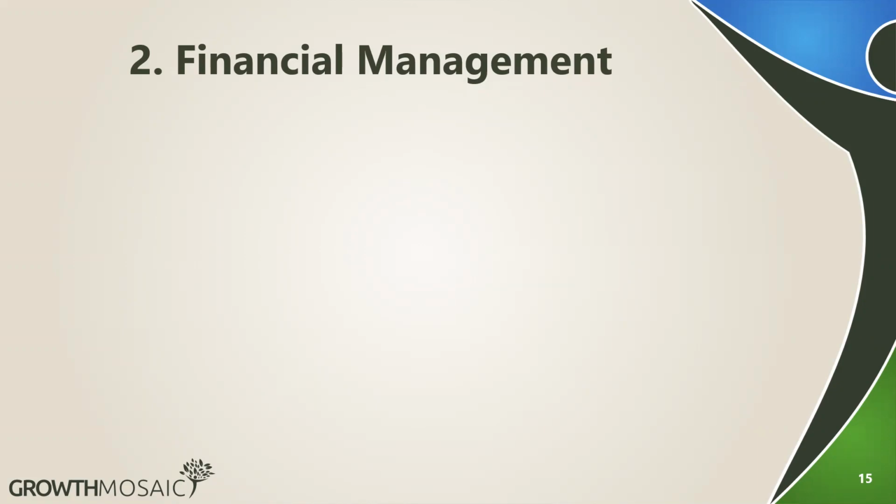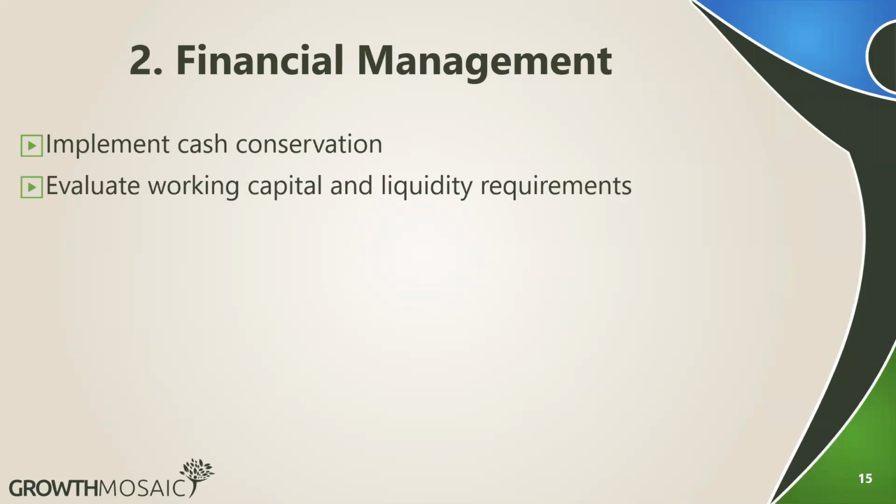Okay, nice. So, like we've mentioned, the entire aim of what we are trying to do. We had one person saying, customers pay earlier, my supplier, I'll pay you later. All he's trying to do is just implement cash conservation. Whatever cash he has or is supposed to get, he wants to retain that. And whatever cash is going out, he wants to make sure it's not going out in a way where it negatively impacts his financial position. We also have evaluating working capital and liquidity requirements.